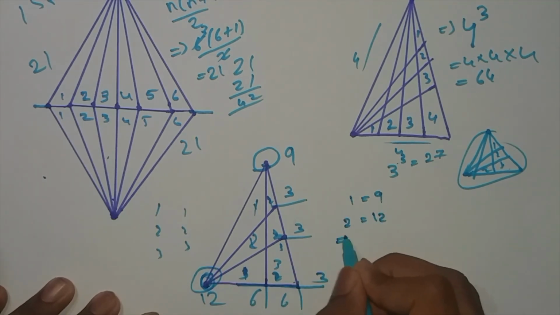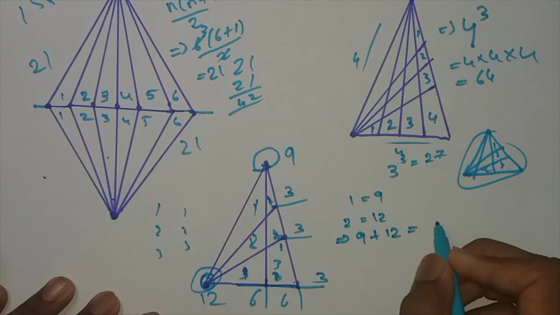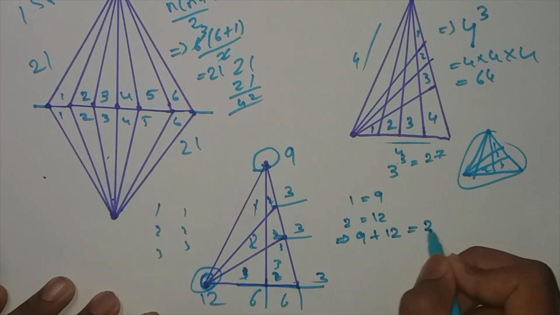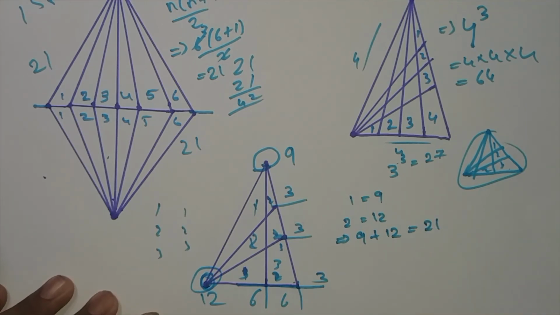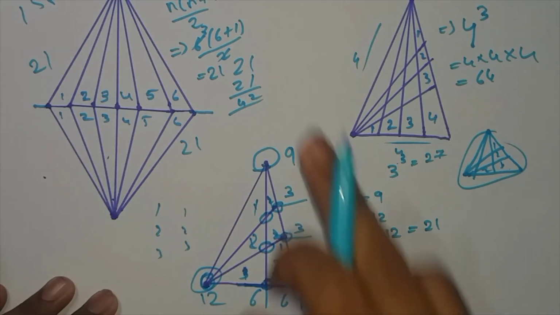So how to solve this? Add these numbers of triangles. That means 9 plus 12, which gives 21 in total. But don't write this as the answer directly, because this is not the answer. There are intersection points in between them, and we have to subtract them. So what are those intersection points? The line intersects here, this one point, and this one, this one, this one. These are the intersections of this middle line.